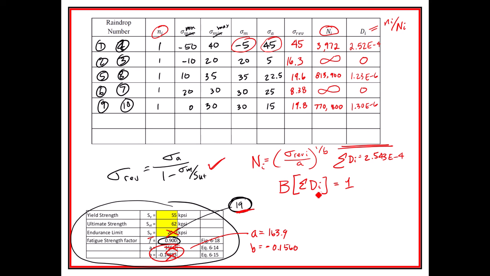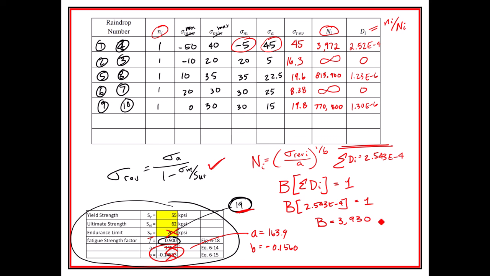Well, how many of those fractions does it take, right? So this was actually pretty easy to do here. B times 2.543 e minus 4 equal to 1. It's just taking the inverse of it. So we say that B is going to be